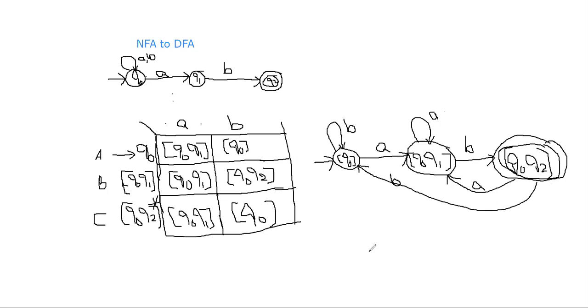Now verify whether each and every state has transitions on all the symbols or not. Yes, Q0 has A and B transitions, Q0 Q1 has A and B transitions, Q0 Q2 also has A and B transitions. So this diagram is for strings ending with AB. Even if you construct a DFA ending with AB directly, we get this diagram only. So in this way we construct.